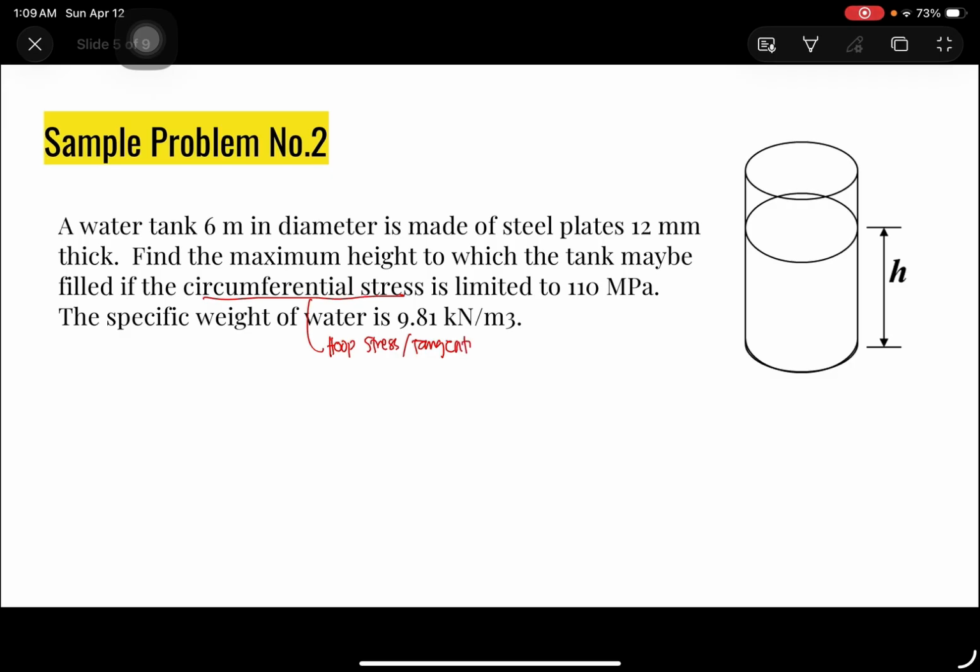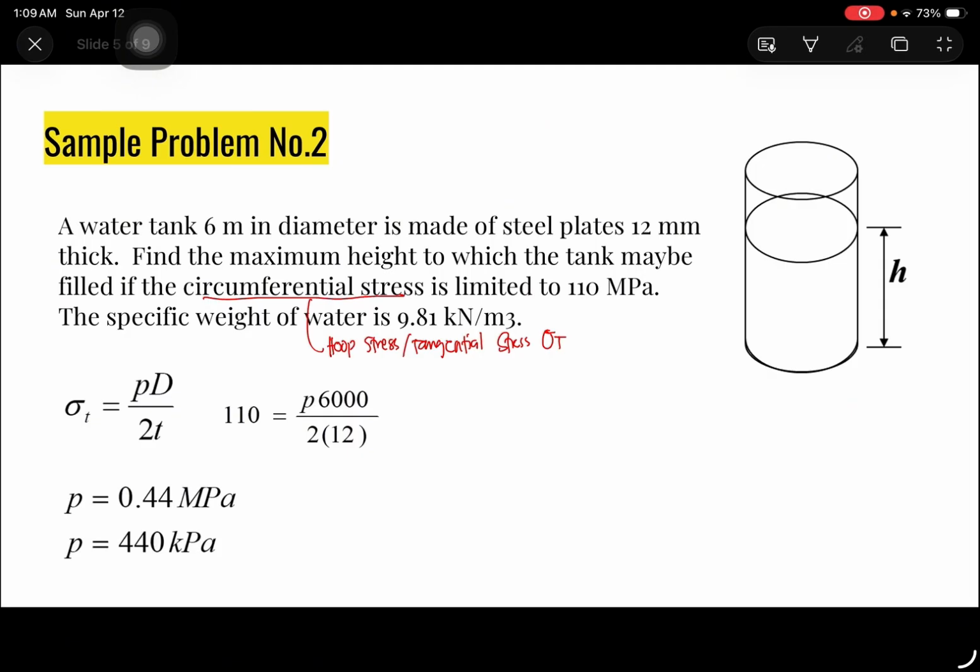Or tangential stress, sigma sub T. So, use our formula PD over 2T. So, we can solve the internal pressure equals to 0.44 MPa. Since yung diameter natin naka-meter, para uniform yung unit natin, kinonvert natin siya to mm, kaya naging 6,000